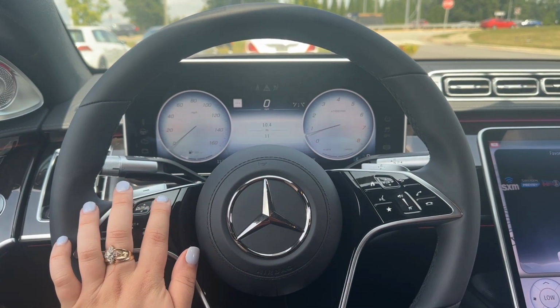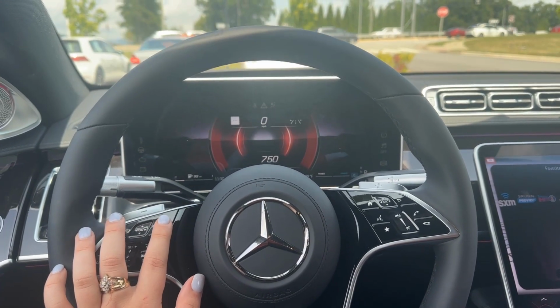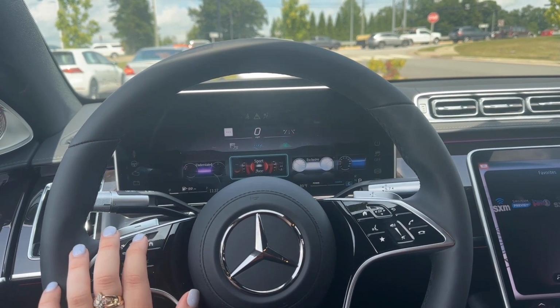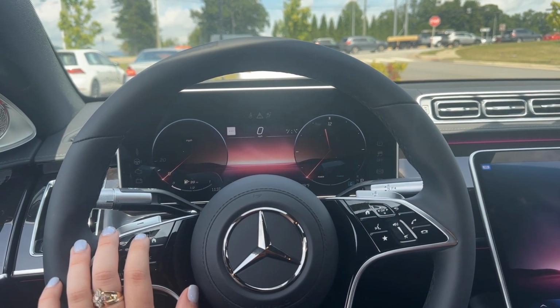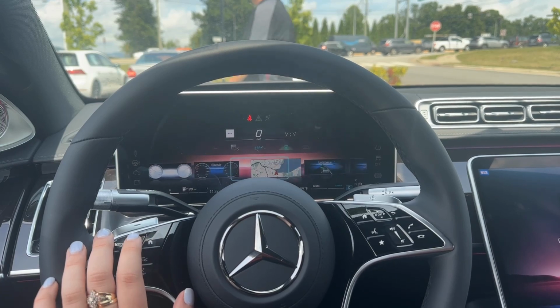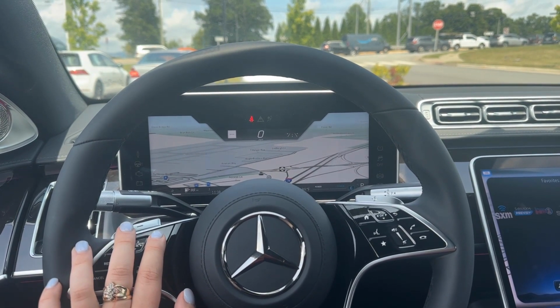On the left side, you have a home button, an OK button that you can swipe right, left, up, and down that controls the screen in front of you, as well as a back button to go back. You have 3 different settings that you can do: classic, understated, sport, and executive, as well as pulling up navigation